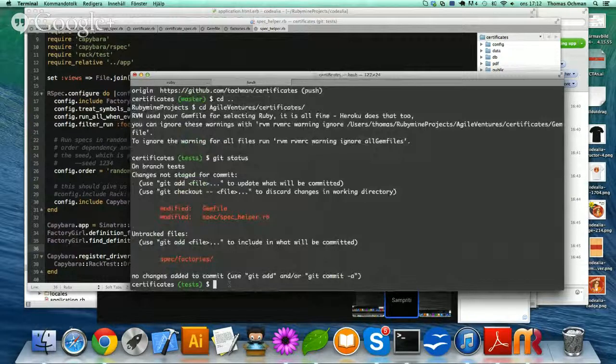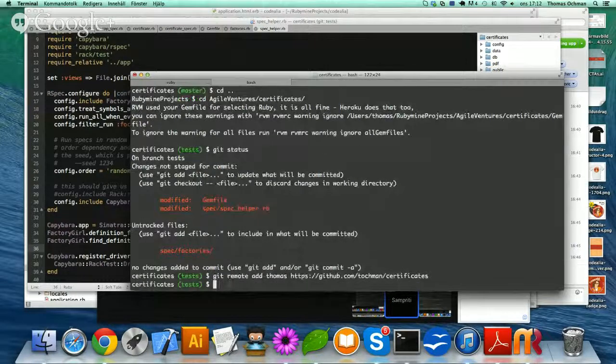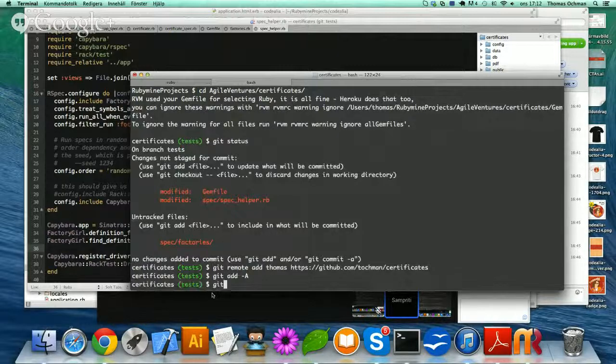There you go. Okay, so remote. I was in the wrong place. All right, so git push. I'm going to fix that later, but it doesn't matter now. I don't have all these folders, just one place. If there are any changes, just attach them. Git add. Hold on a second. Git add.